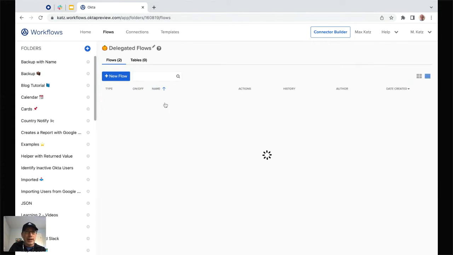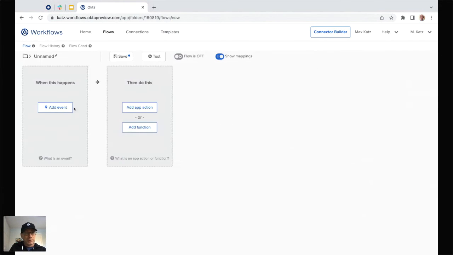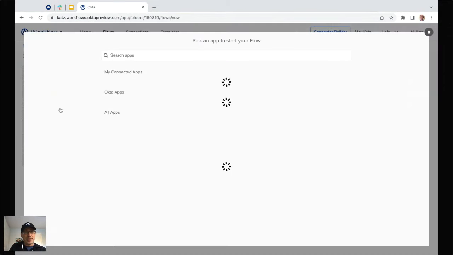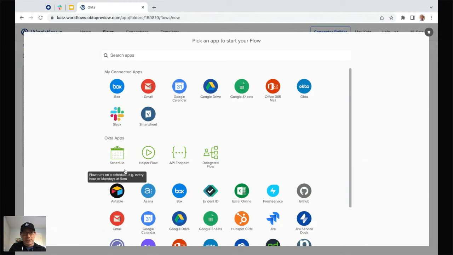And let me go back. Let me create a new flow just to show you. So you add an event, and we got the schedule, we got the helper flow, we got the API endpoint. And right here, we get the delegated flow card. Okay, so you click this card,